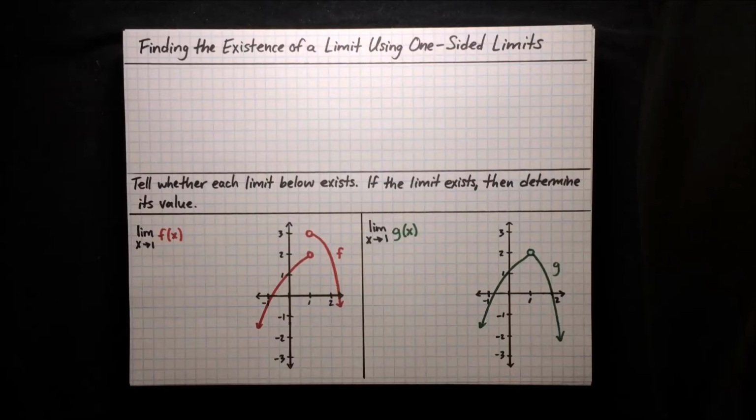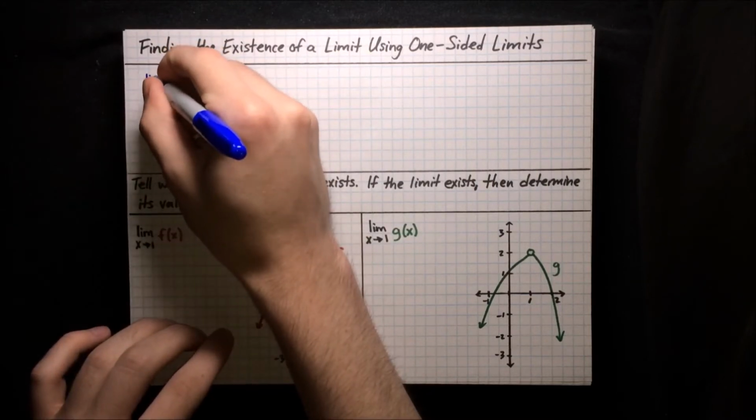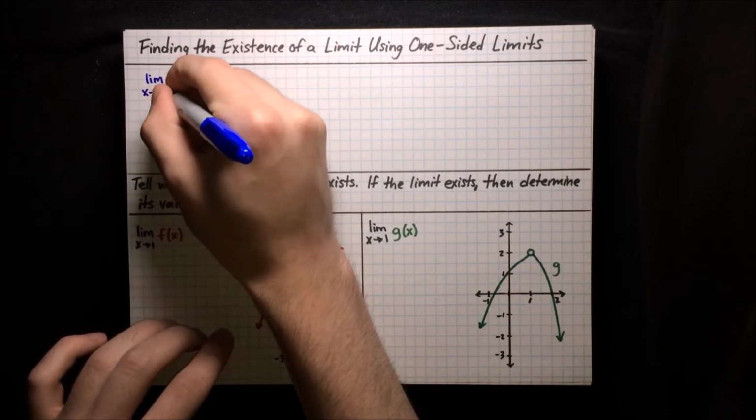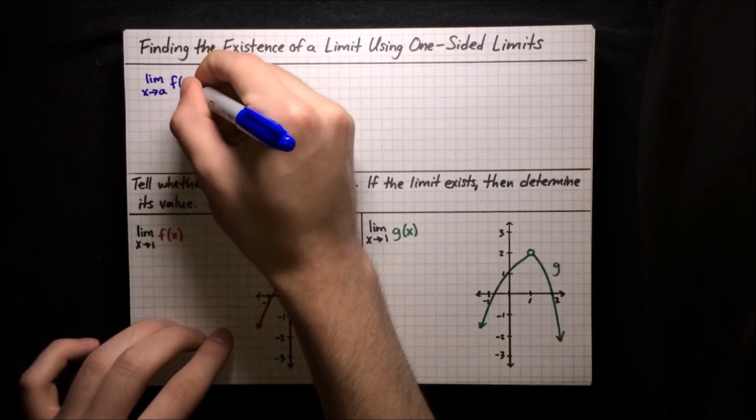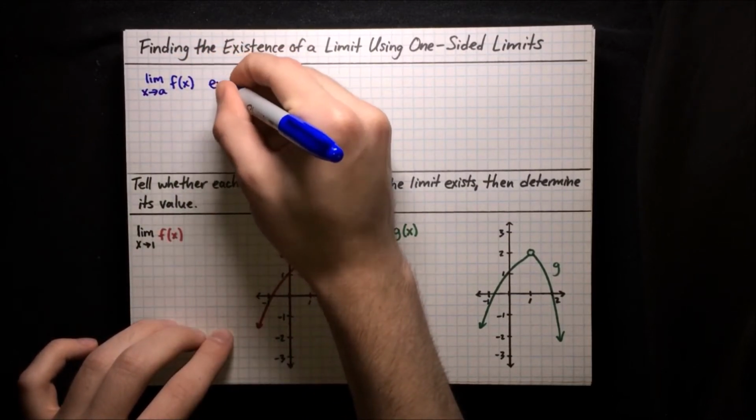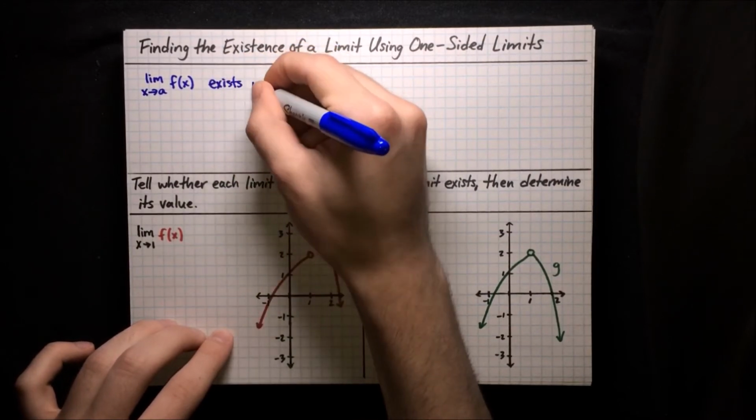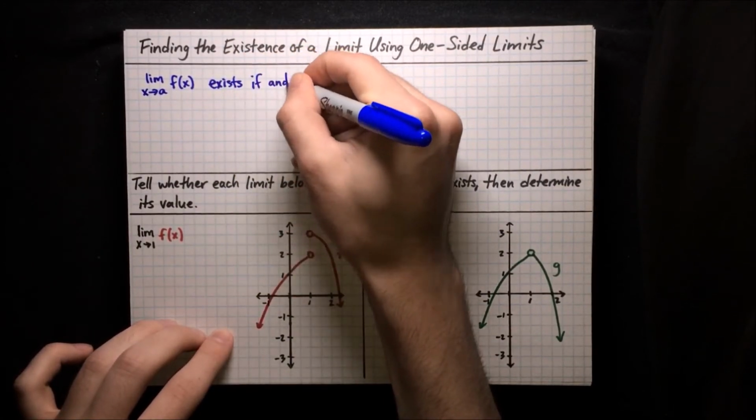In this video, we're going to learn how to find the existence of a limit using one-sided limits. So here's the main idea of this lesson. The main idea is that the limit as x approaches a of some function f of x exists if and only if